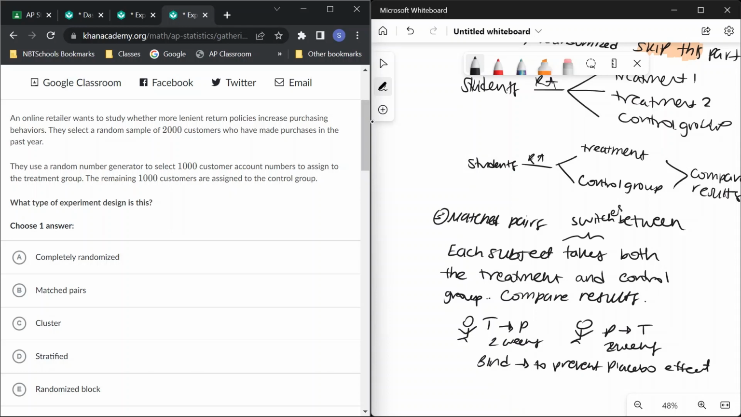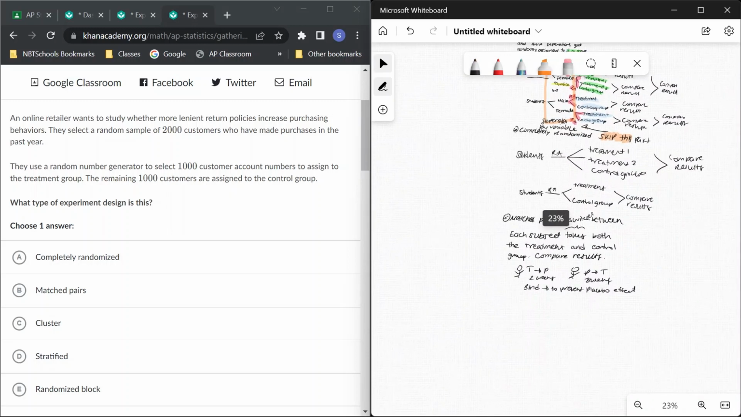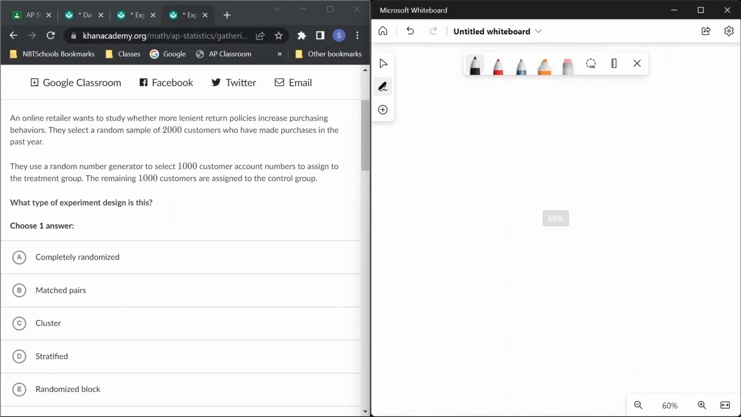They select a random sample of 2,000 customers who have made purchases in the past year. Okay, so what do they do? They select a random sample of 2,000 customers who have made purchases in the past year. They use a random number generator to select 1,000 customers. Okay, so they have a pool of customers who made